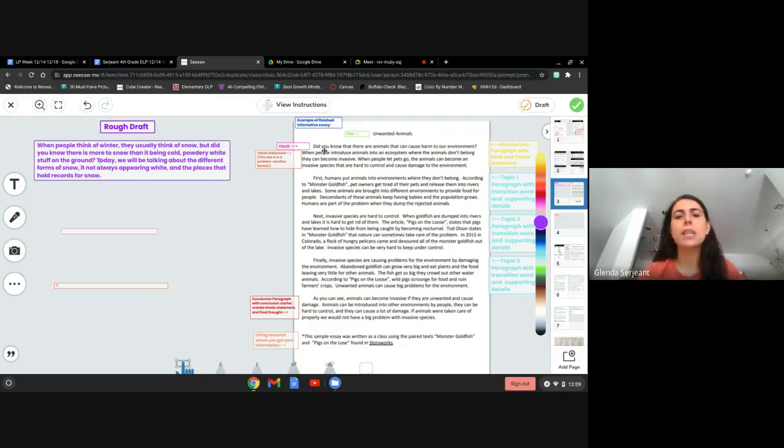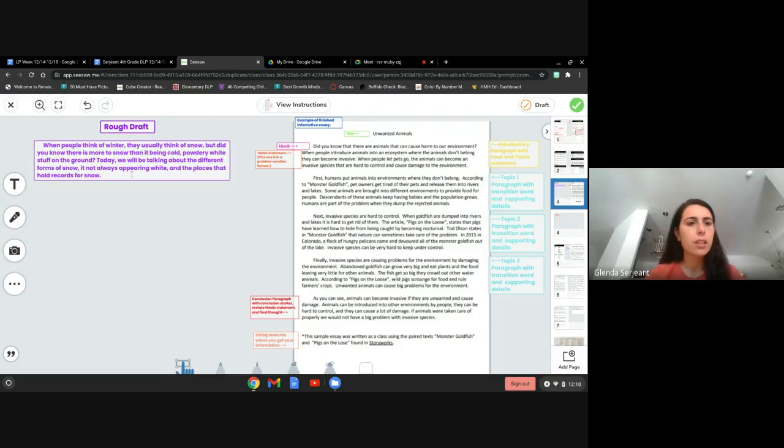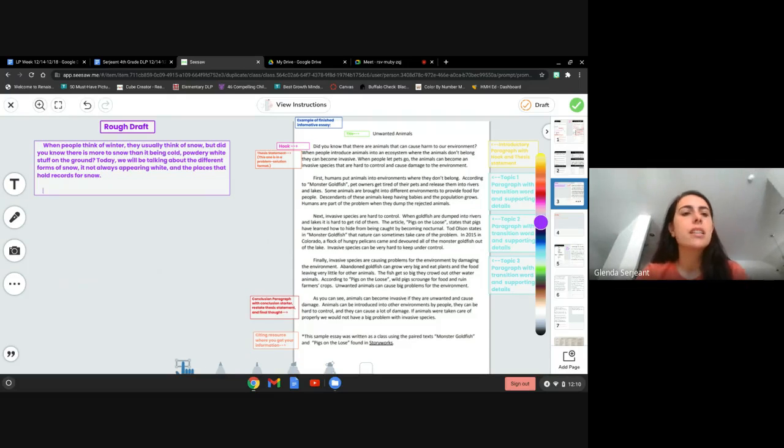Now, if I look over my example, I want to make sure my first paragraph has an indentation. So if you notice on this part, they've indented it over. Now on here, you can't push tab to indent. So normally you want to put 5 spaces. So I'm going to count 1, 2, 3, 4, 5. And then on your next line, you don't need to have your indentation. So now I'm going to delete these old boxes right here so they're not in the way. And then I am going to get this ready for my next one. So I'm going to skip a line, 1, 2, 3, 4, 5. And now I am going to